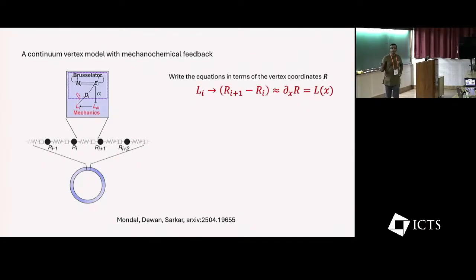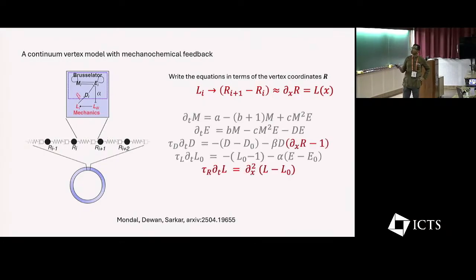So the first thing that we did was to make it a continuum version because that makes it easy. And to do that, you basically take L going to L of X. Okay, I have 2 minutes. So what that does, you can basically convert this into this form. And now you essentially get effectively a diffusion equation in length. And this is kind of unique because this is not something that you usually get.